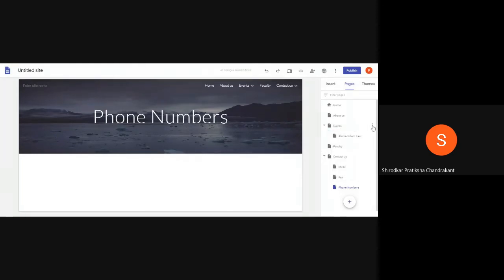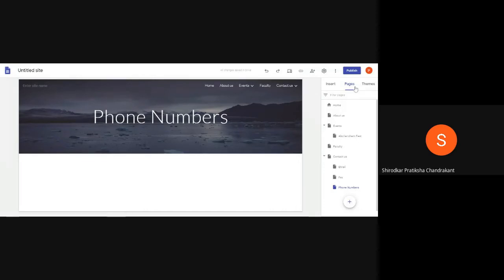But in case you have any trouble working on that page, and if you don't want anyone to see that page online when they visit the site, you can always click on hide from navigation, so that it will not allow anybody to refer to the page. So now we are done with the pages section.